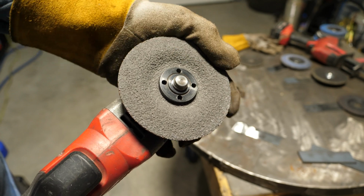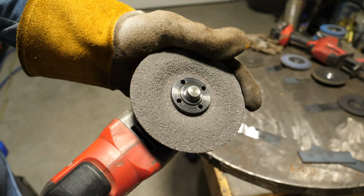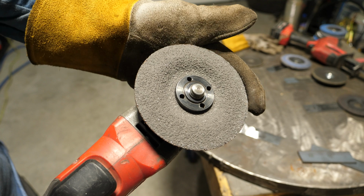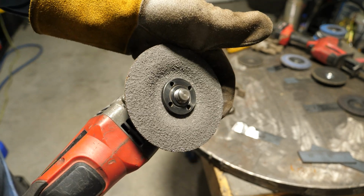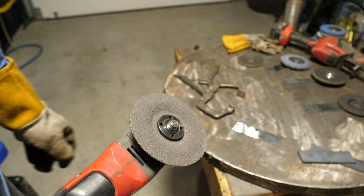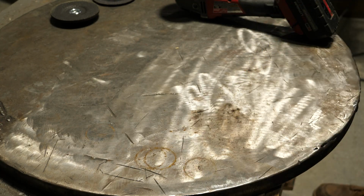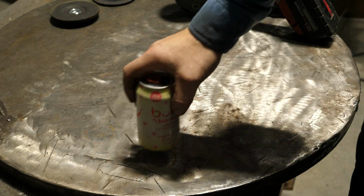But it does work. There's no question about that. I can tell you from personal experience, this is way faster than any of the other ones. I barely even tried and it cut through it. All right, let's prep this welding table with these and see what we get for finish. You can see all the rings from setting stuff down that sweats,